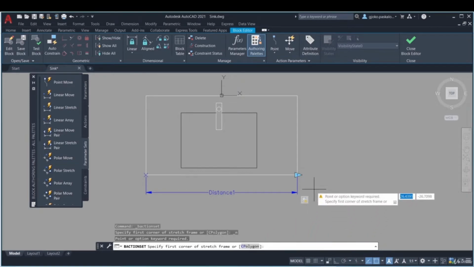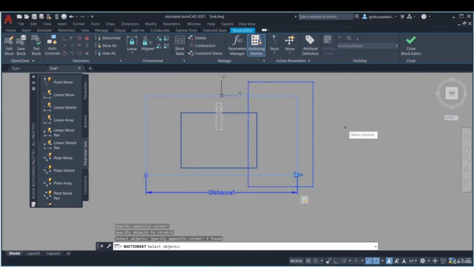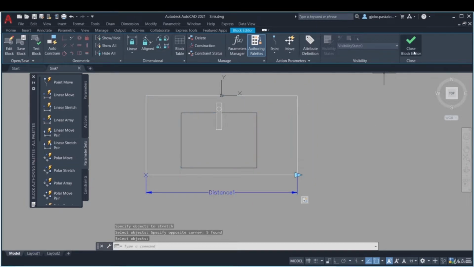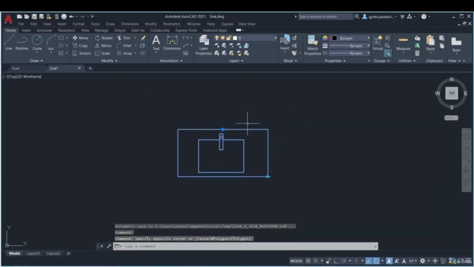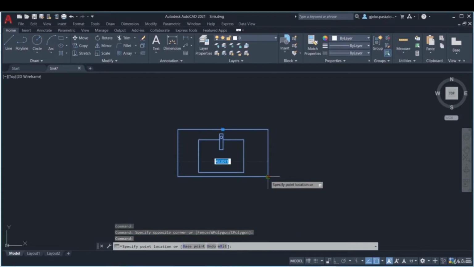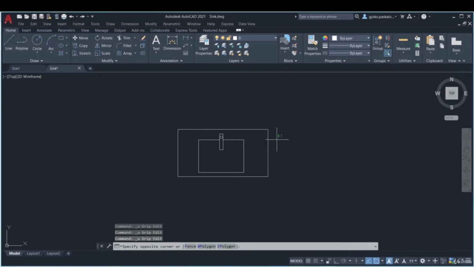Firstly, I have to define the stretch frame just to show the block what to stretch. Then select the objects, and actually we are done. Let's see what we have. And as you can see, we are allowed to stretch the block in one direction. The functionality is applied, and you can see that we did the same thing as we did with the ordinary